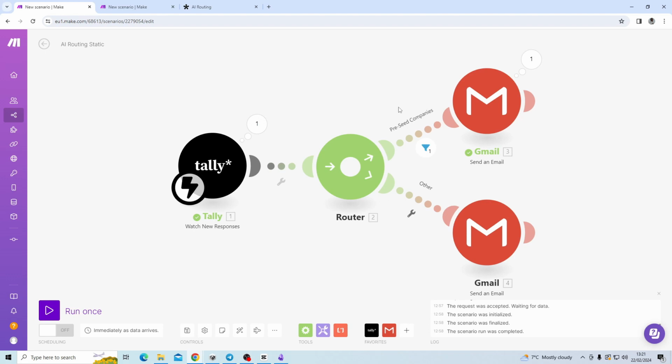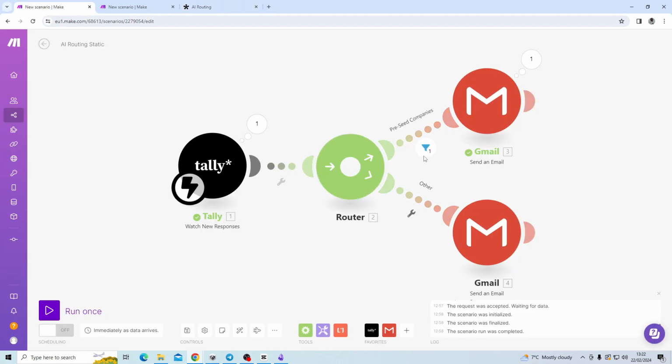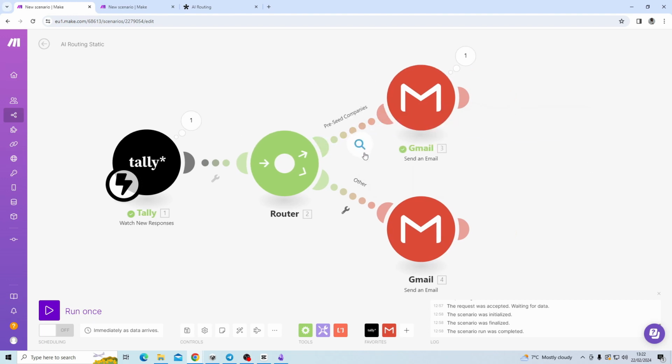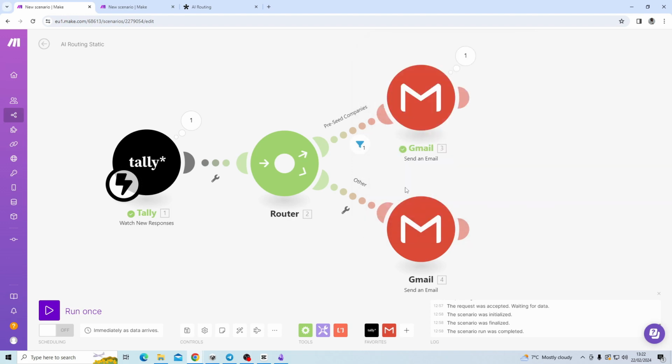It's not using AI. What I have here is a form that is taking input. So I just have, what is your email address? Tell us about your startup. We have a router and we have a filter. So this filter says, if what the user has input includes the word precede, which is very, very static, very limited, then